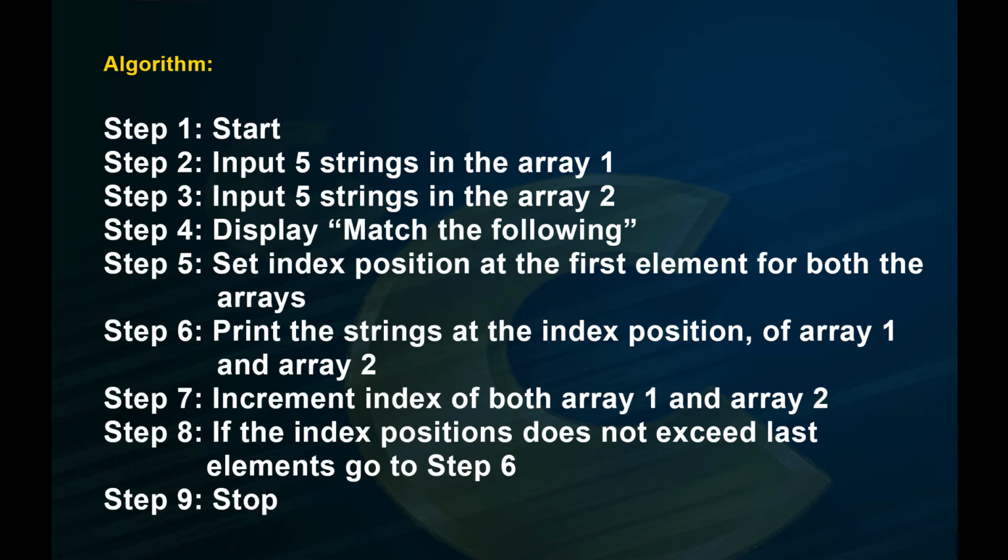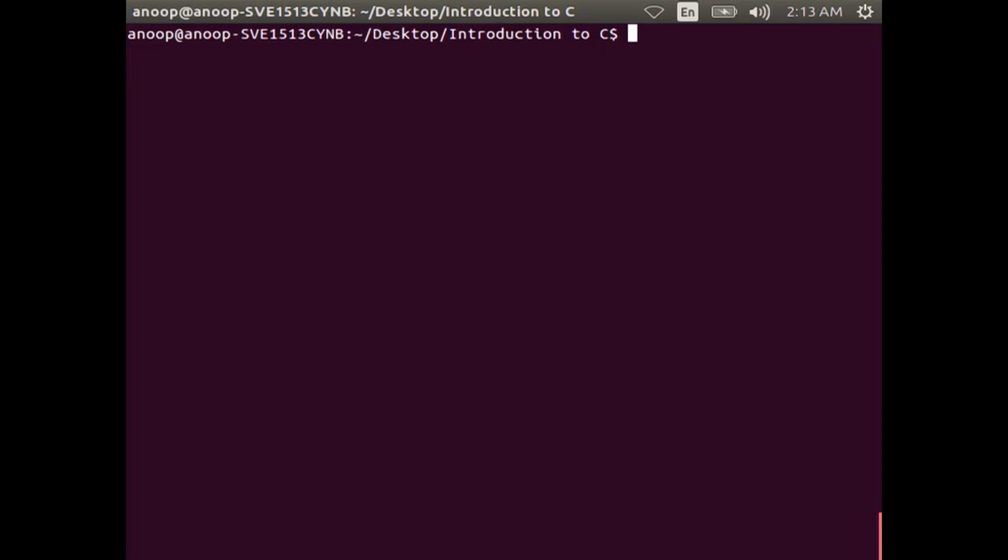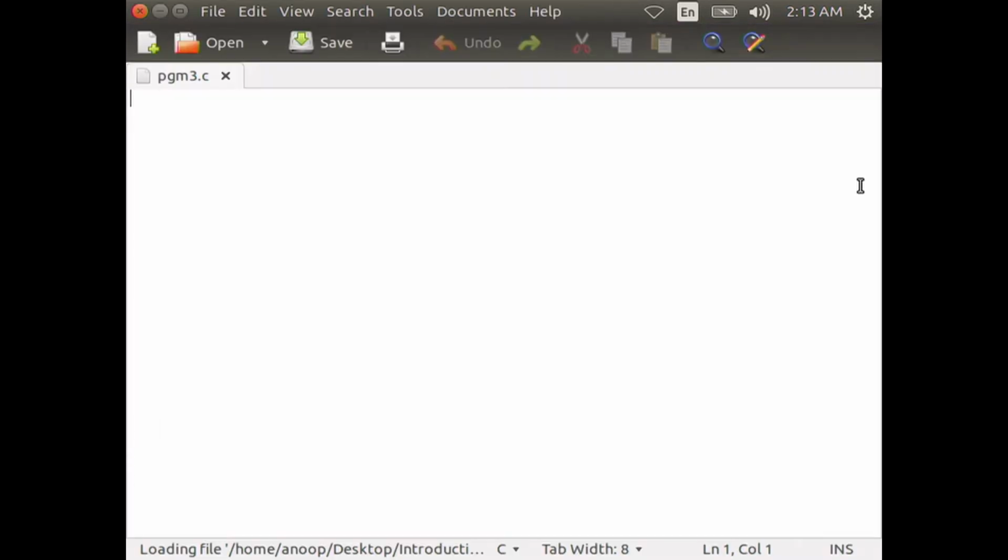Step 6, print the strings at the index position of array 1 and array 2. Step 7, increment index of both array 1 and array 2. Step 8, if the index positions do not exceed the last elements, go to step 6. Step 9, stop. Now, let us type this program, compile and run it for the results.